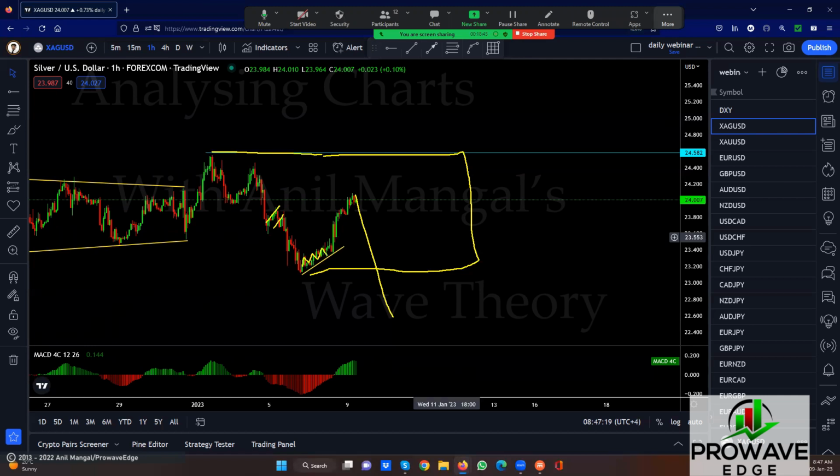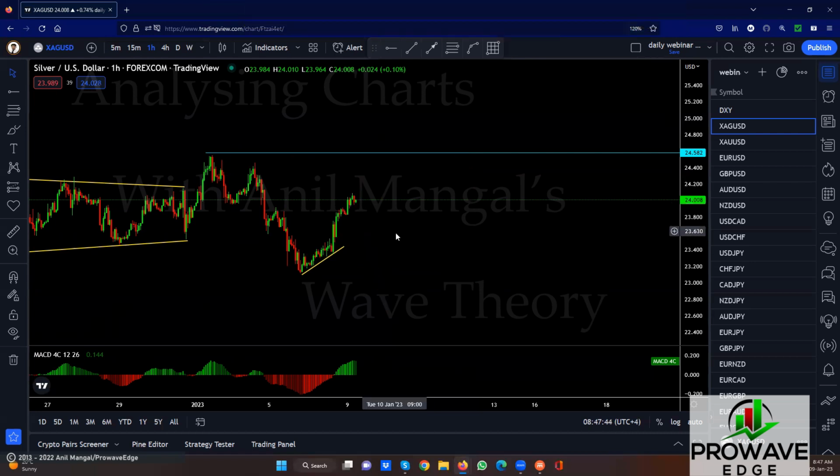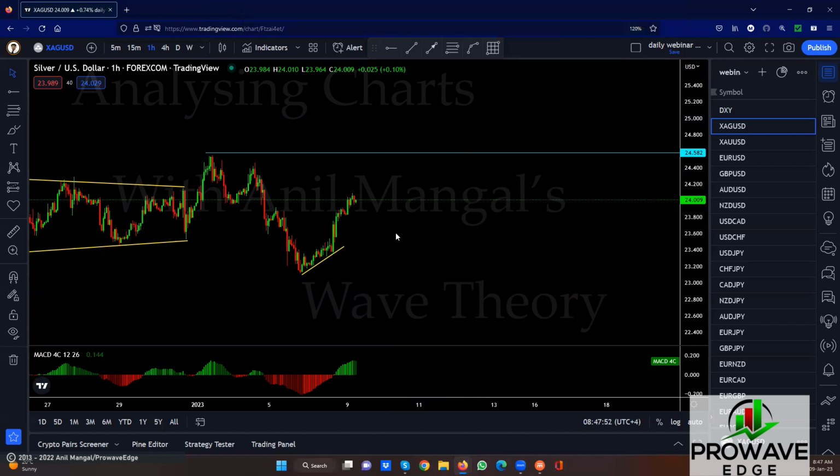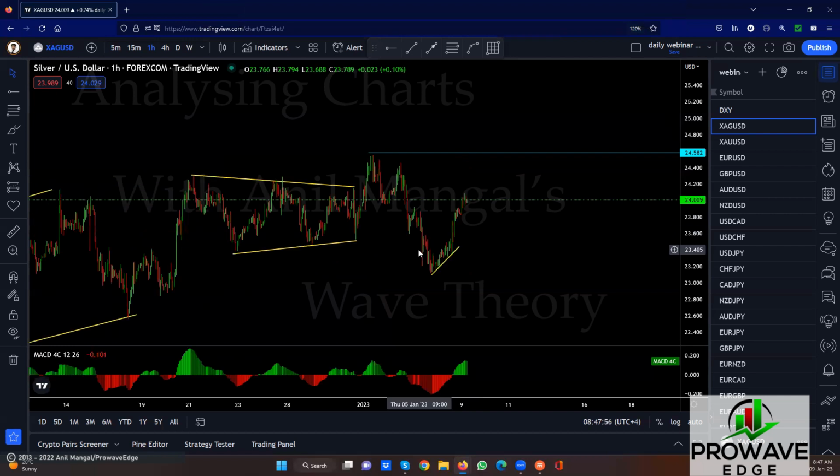See, this is very slow. So the possibility of it dropping or going up, exit. To buy, wait for a flag. Let's get a flag and then we go for the buy. Sell, this would be an easier one. If this drops here and makes a small flag, we go for the sell. Any small flag, with any 1 hour 50 minutes flag, we can go for the sell. Wait for a good correction for the buy.